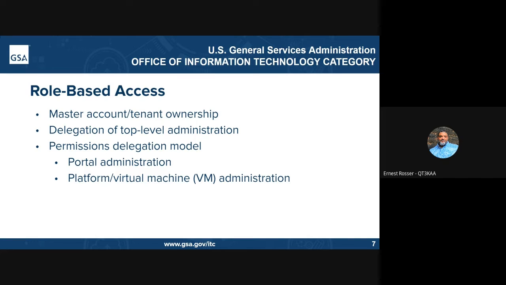Portal administration. Portal administrators will have varying levels of administrative rights. You have a master account owner, which allows you to assign lower level access to different users, whether it's database admins, file system admins, server admins, and application platform admins, just to name a few. A correct portal administrator account will also allow you to assign other agency portal administrators access to your specific portal instance if you need them to manage specific tasks in your cloud environment.